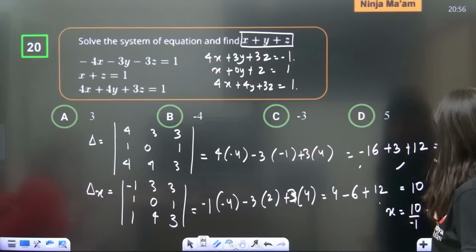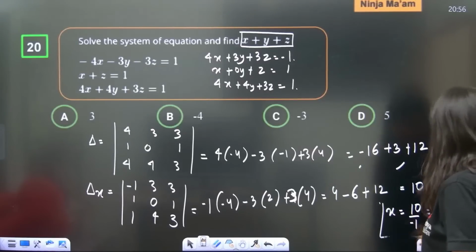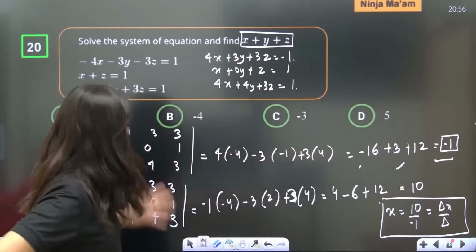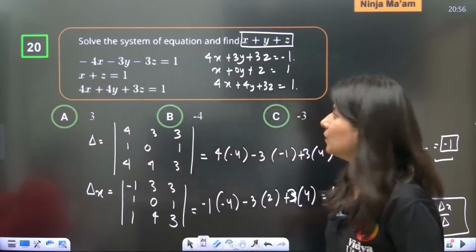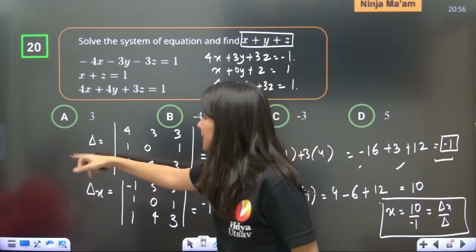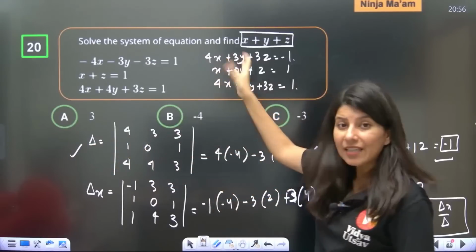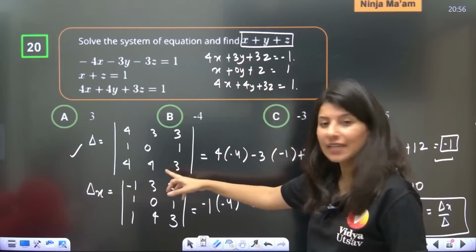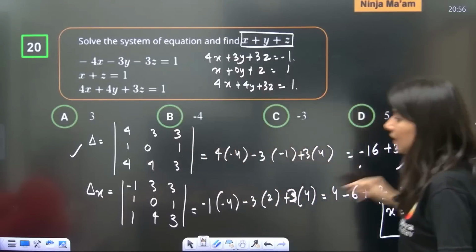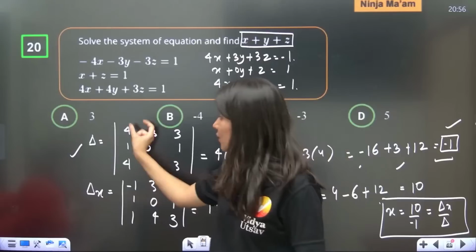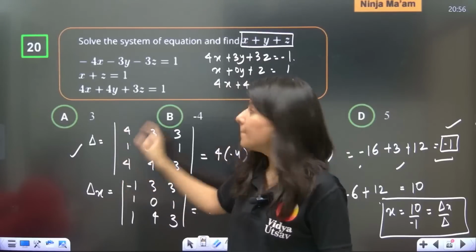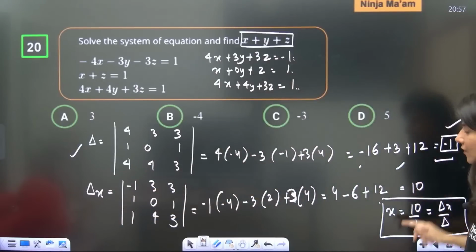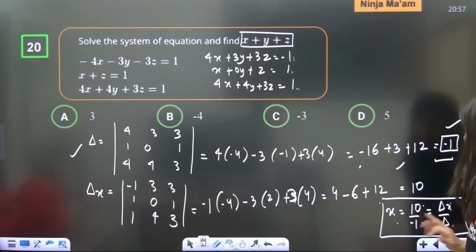10 upon minus 1, because this is del x upon del. What I am trying to do is number of unique solutions. Yes, 433, first row. So what did I do? This is a system of equations. I need to calculate delta. So how do you calculate delta? Just by looking at the coefficients of this equation: 433, 101, 443. Can you see? Now expand this, you will get delta. Now del x. In del x, you just replace the first column by the constants, which are minus 1, 1, 1. Open it, del x will be 10. So x is del x by del, 10 upon minus 1.